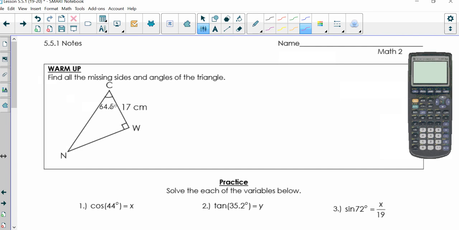Okay, so from this angle right here, if I go like this would be my opposite side. If I go across from my 90 degree, that would be my hypotenuse, which then leaves this as my adjacent. Remember, adjacent is whatever's next to that angle, but not the hypotenuse. Okay, so based off of what I'm given here, if I have an angle, and I'm going to call this x, let's say I want to figure out what x is. So if I have an opposite and I have an adjacent, tangent, so I would say tangent of 64.5 equals,